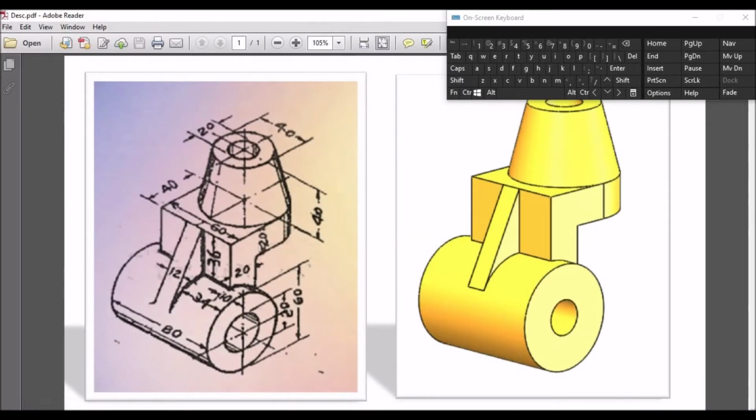Now I'm going to create this feature. So the height is 36 from the tangent edge. So 36 plus 30 is 66.